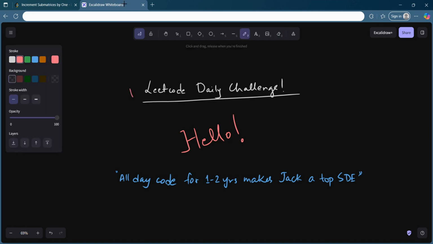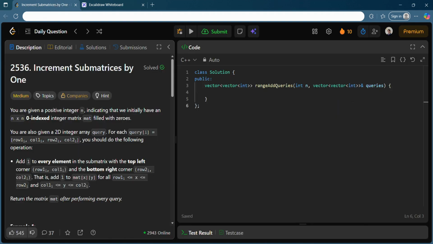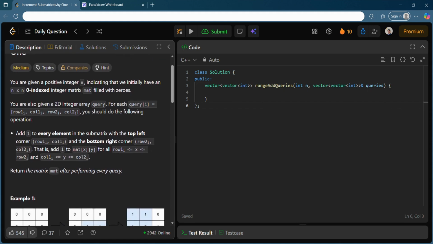So let's see today's daily challenge on Leetcode and we will solve it together. Today's challenge is quite an interesting one: Increment Submatrices by 1. You are given a positive integer